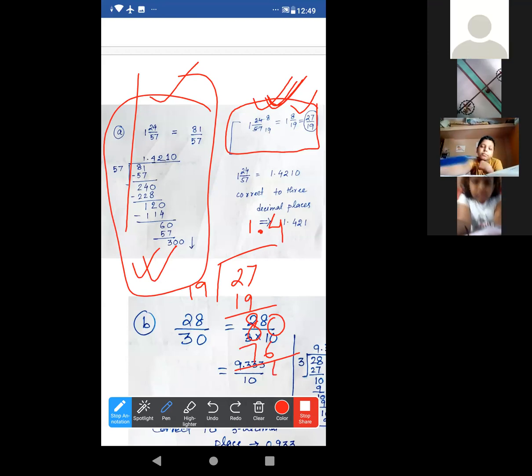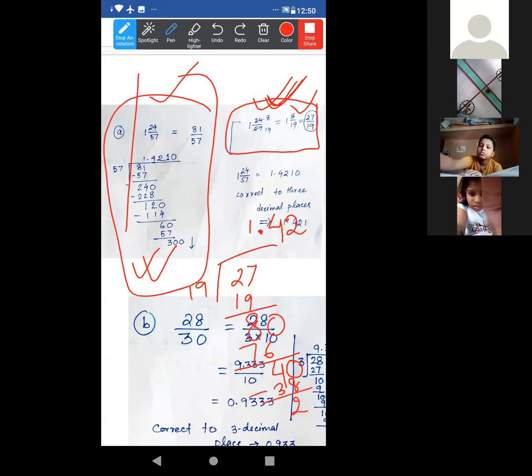Now 19 2s are 38. Just do the subtraction. 38, then it will be 2. Then by using this decimal point, we have to take 1 0. 19 1s are 19. Then look, 1 is coming over there. With the help of this decimal, we are taking 1 0, till it is less than 19, na? Till this 10 is less than 19, we have to take one more 0 and take 1 0 over there. It will be 100.